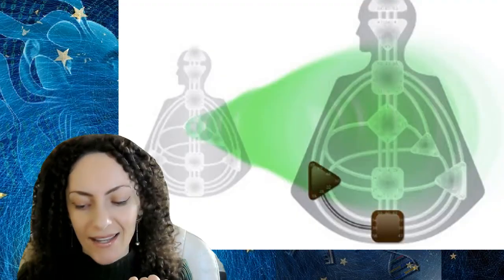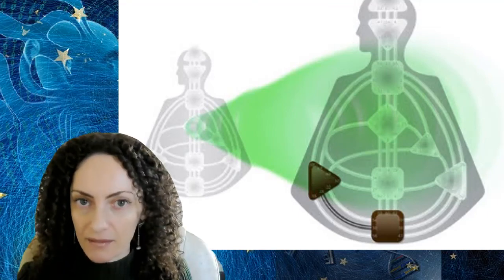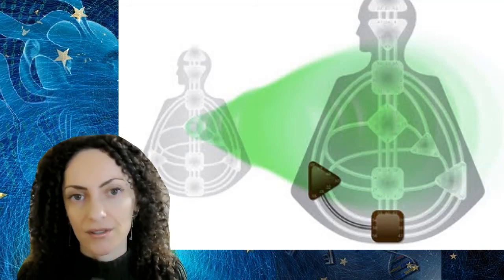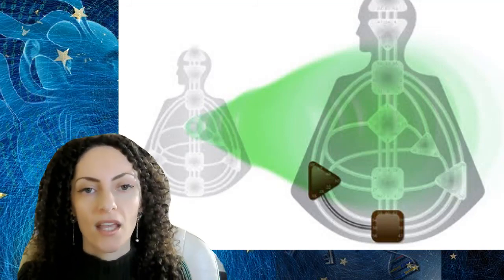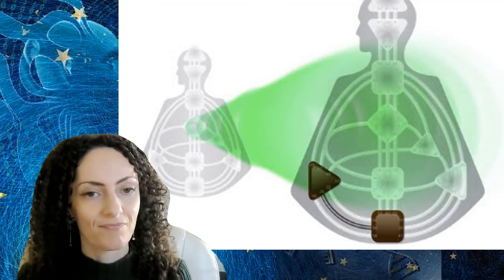Let's move on, guys, to the projector types. Generally speaking, even if the projector has a defined motor on the map, it is not connected to the throat, as I said before. The type itself is like a walking receptor that feels and absorbs deeply all the energies around them. It can be people, animals, and even plants.